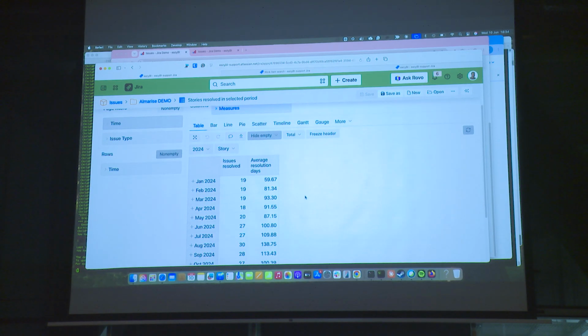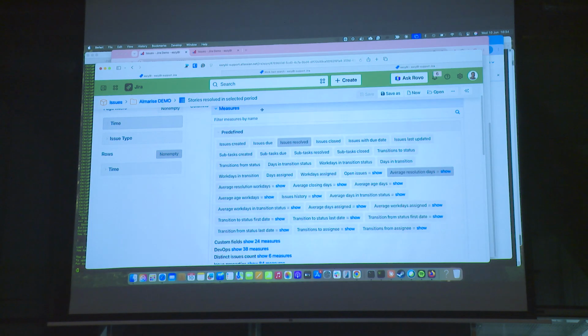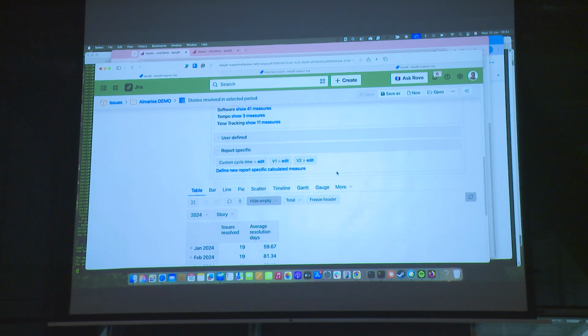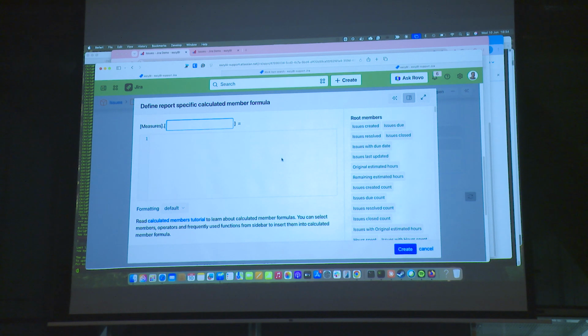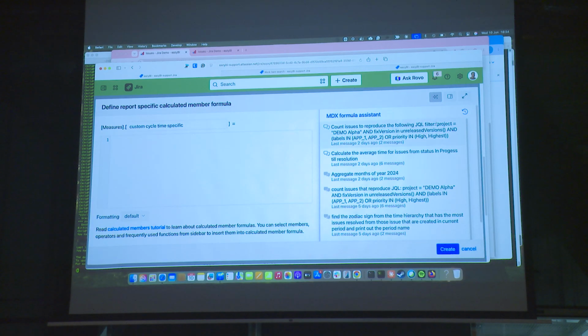So, and let me show an example which often happens. Resolution days is a default measure. It is always available by default, but users often want their own custom cycle times, and for that you may need to write this measure for yourself here, a custom cycle time specific. And my use case, what I wanted,